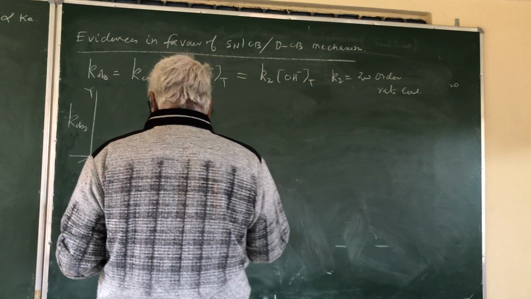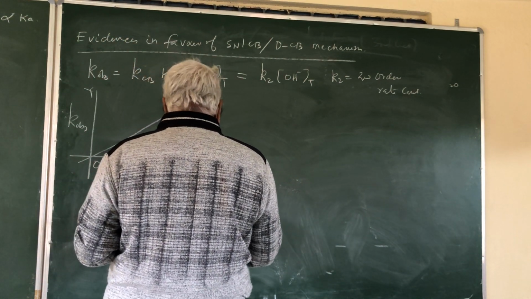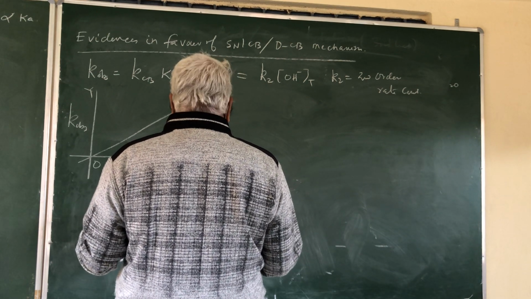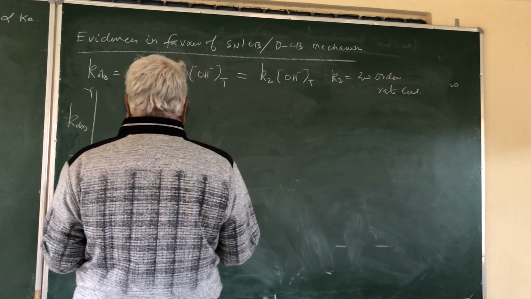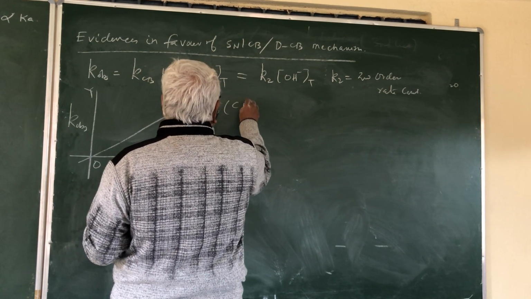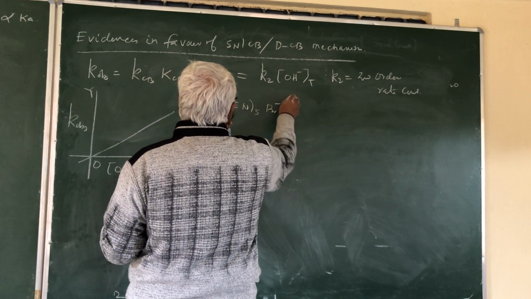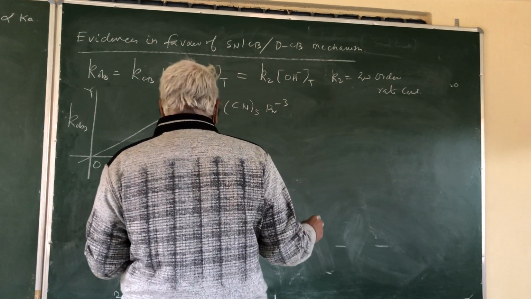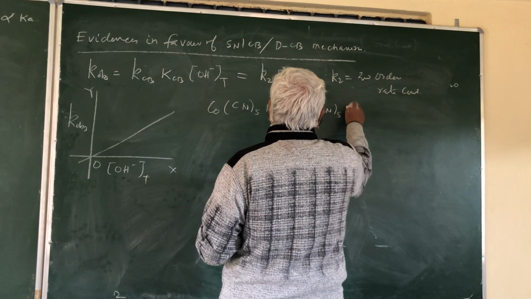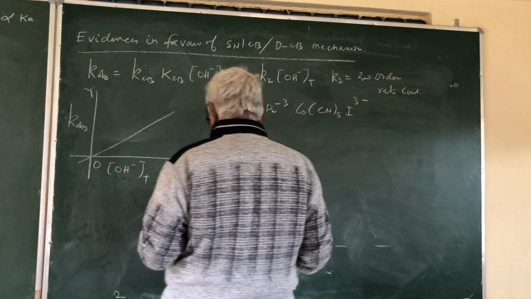So for complexes of this type, Co(CN)5 bromide minus 3,